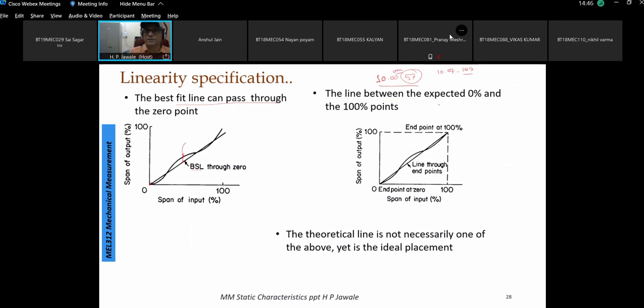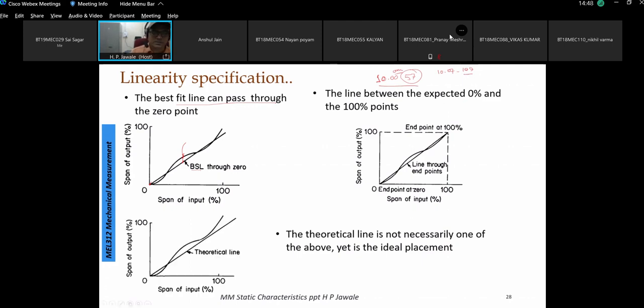So the line can be between expected 0 and 100% of the points, and there can be a line passing through the largest number of readings. Suppose there are a total of 20 readings, out of which 10 readings are above the line and 10 readings are below the line. So we try to draw the line so that it has an equal number of points above and below, and we draw the theoretical line. The theoretical line need not be the best fit curve, but it takes care of the number of readings above and below the line. So the theoretical line is not necessarily one of the readings,